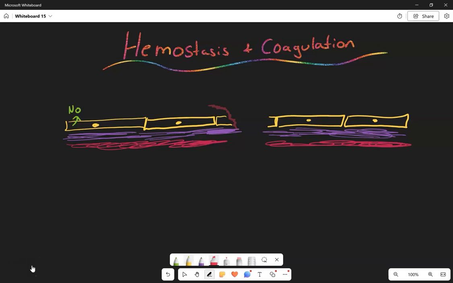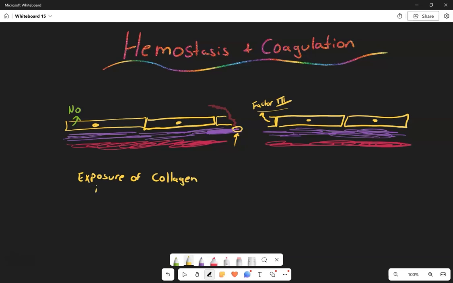The other thing that is going to happen is when these endothelial cells are damaged, they are going to release something known as factor 3. Okay, and so each of these events, the exposure of collagen to the blood and the plasma, and the release of factor 3 start this coagulation or clotting cascade. Right? So this mechanism here, so the exposure of collagen,